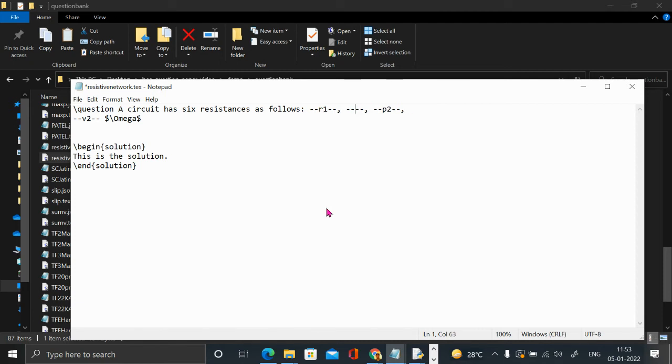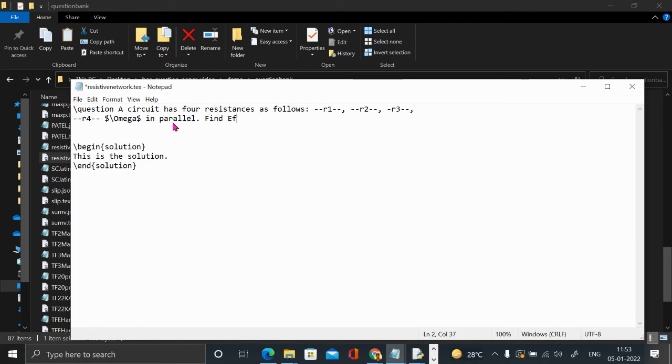Okay. So now to make it complete, in the interest of time, we just have 2 minutes. So what I will do, I'll take it like four resistances. So R1, R2, R3, and R4. A circuit has four resistors in parallel.